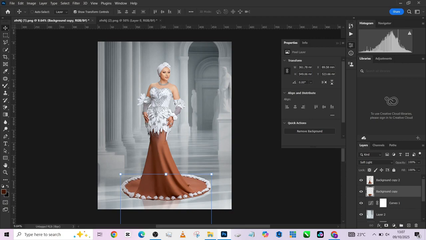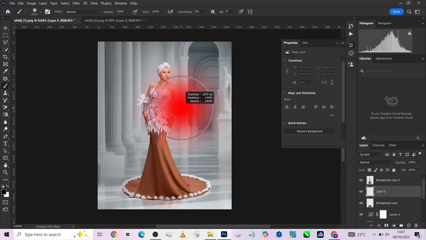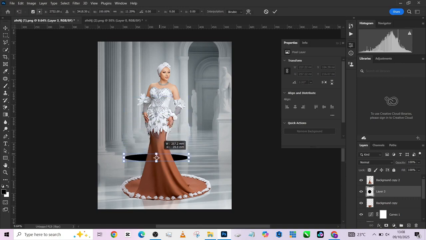How do we do that? We'll create an empty layer here. Pick up our brush. Make sure it's a hard brush and a dark one for that matter. Something like this. Then make a dab. Alright, so press Ctrl T, hold your shift to make that brush lie down on the floor to give you